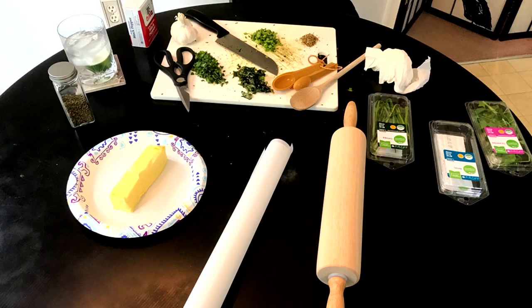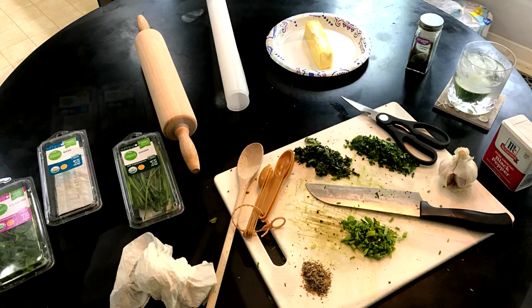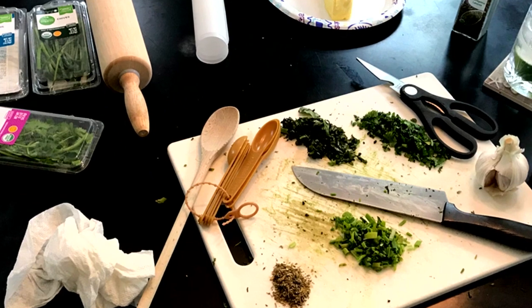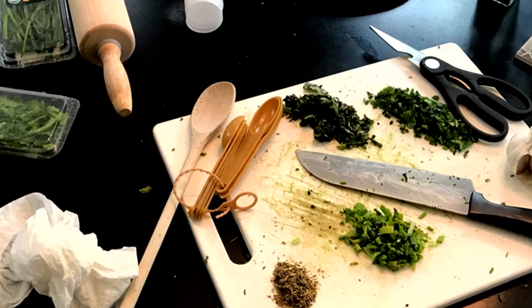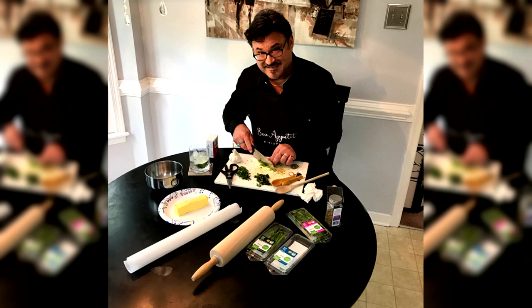All right, the garlic herb butter is finely chopped mixed fresh herbs: parsley, chives, basil, oregano, and/or tarragon leaves. 1 tablespoon of each if it's fresh. If you're taking it out of your cabinet, you can Google the conversion rate if you want to be exact. I'll just do a teaspoon of each. 1 clove garlic minced, 1/2 teaspoon black pepper, 1 stick of salted butter, and leave it out for a while